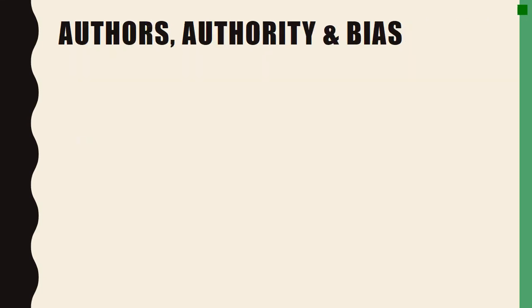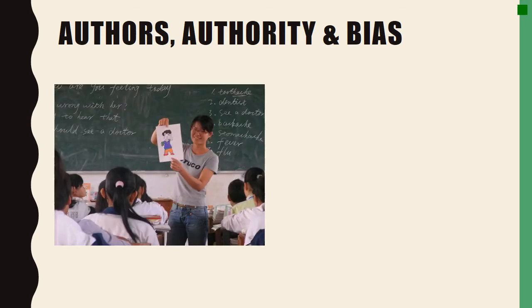Good information should come from an authority. Author and authority share the same root, so you need to think about who is providing information to you. Did you have a favorite teacher in school? Think about that person. Did you think they taught you good information? Where did they learn about the information they taught to you? In other words, how did they develop their expertise in their subject area? How did they become an authority in their field? Or was their information good because you agreed with it?